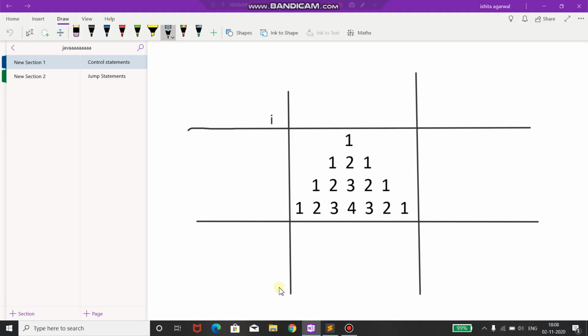In this video, we'll learn how we can make the pattern like this, where we have 1 in the first row, then 1 2 1, followed by 1 2 3 2 1, and so on. Before making the whole program, first we'll make a part of it. First we'll make only this portion, that is 1, 1 2, 1 2 3, 1 2 3 4. And then once we have made this part, we'll see how we'll add the other part in the